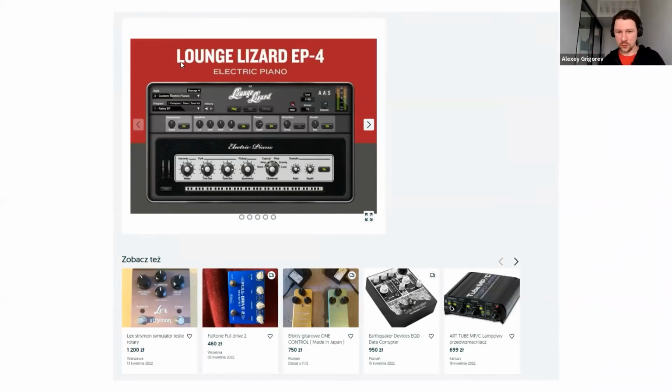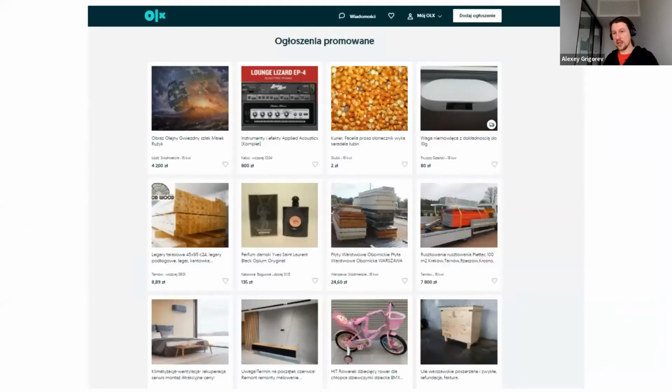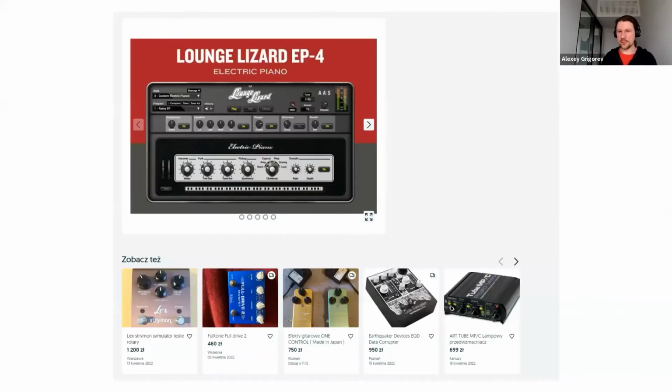If I scroll a bit down, then I see other things, like people who look at these things also check these ones, or like maybe on Amazon you see people who buy this item also buy that item. This one uses a slightly different approach from the previous one. The previous one is personalized recommendations for you, but these recommendations are similar to this item. So they are a bit different.